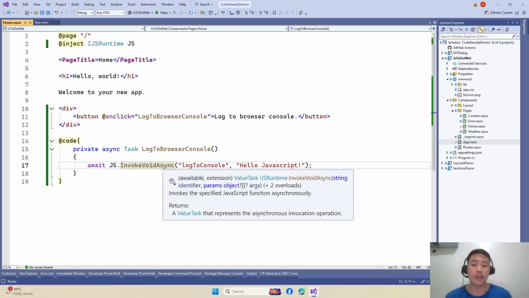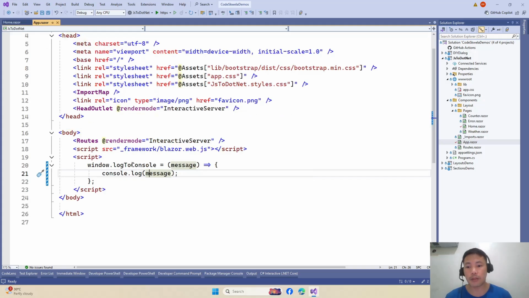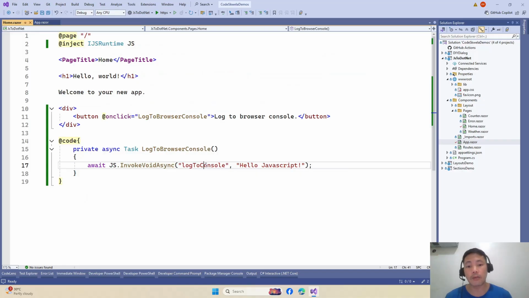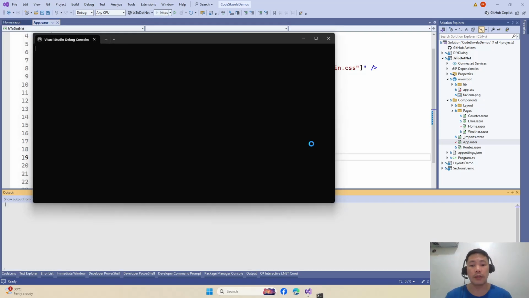Why do we use this one? It's because we don't receive any value returned from the function call. In this case, the name of our JavaScript method is logToConsole, and then the rest would be the parameters. We have a single parameter that we pass in, in this case the string "Hello JavaScript". Okay, so let's just run this one,